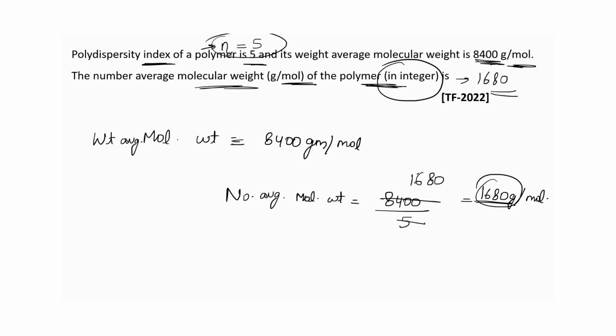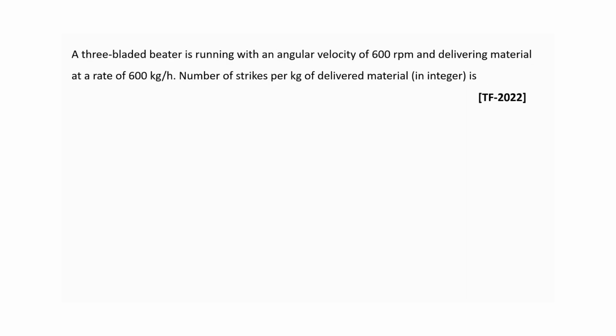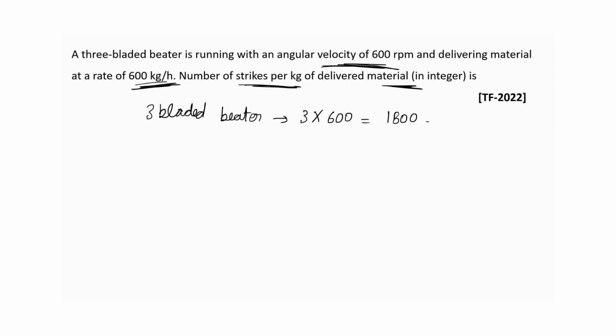So coming to the next question. A three-bladed beater is running with an angular velocity of 600 rpm and delivering material at a rate of 600 kg per hour. Number of strikes per kg of the delivered material in integer is. So if you notice, the angular velocity is given to be 600 rpm, but for a three-bladed beater, it becomes 3 into 600, that is 1800 rpm,